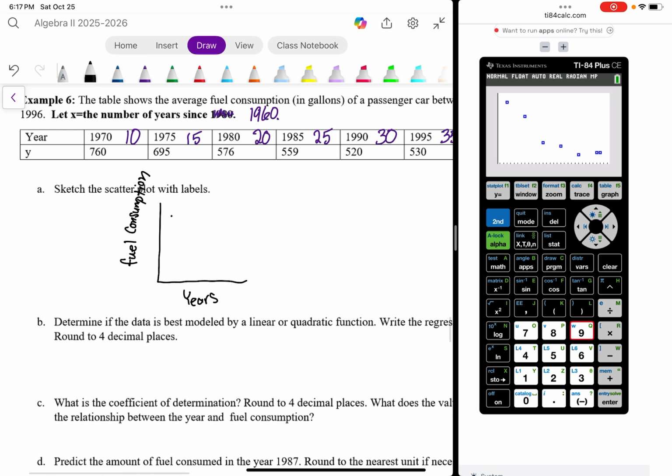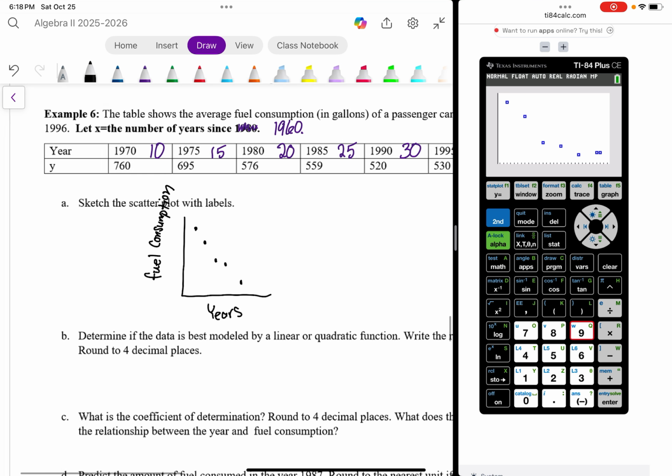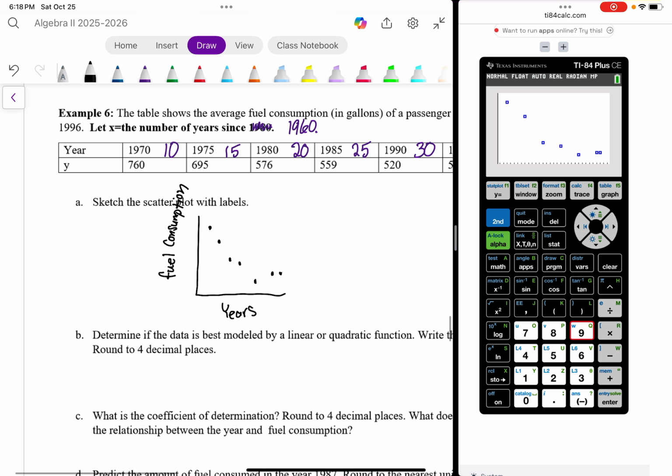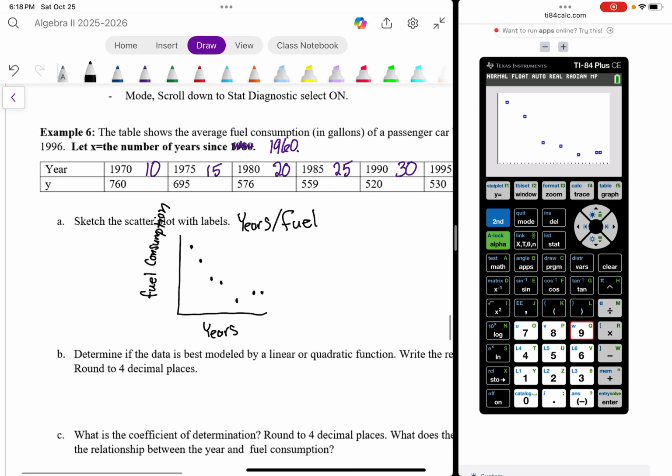And we're going to sketch our points really quick. And there we go. And this is years / fuel consumption. And you want to make sure that you have labels. And then we're also going to do our mins and max, which you can find by hitting the window button